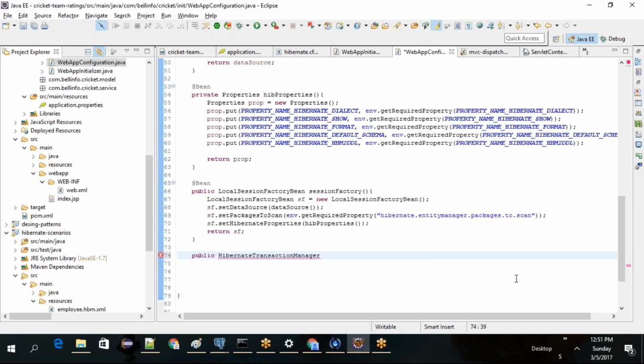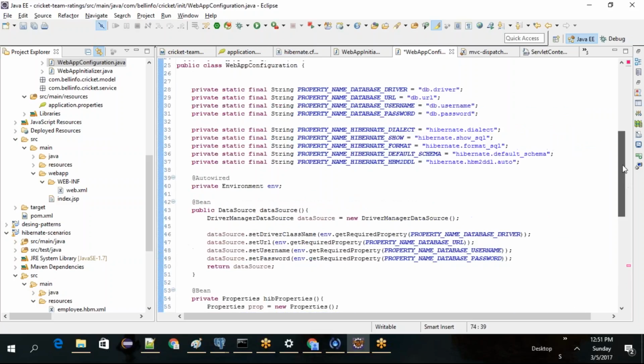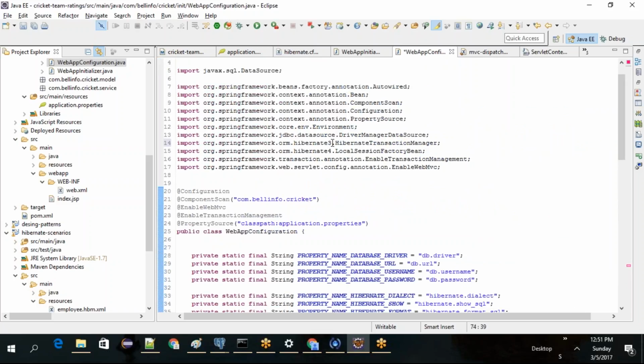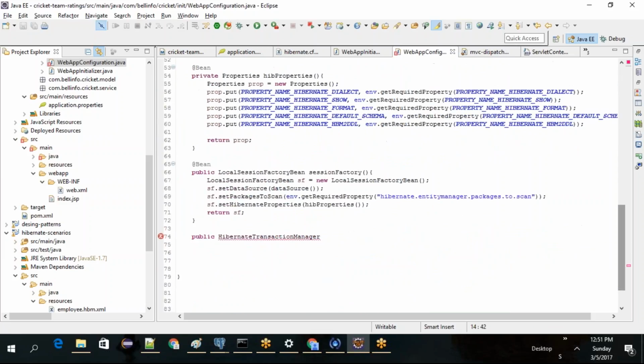I don't know which one is which, so I'll go back and check whether it is 4 or not. It is 4, all I need is 4. Okay. HibernateTransactionManager